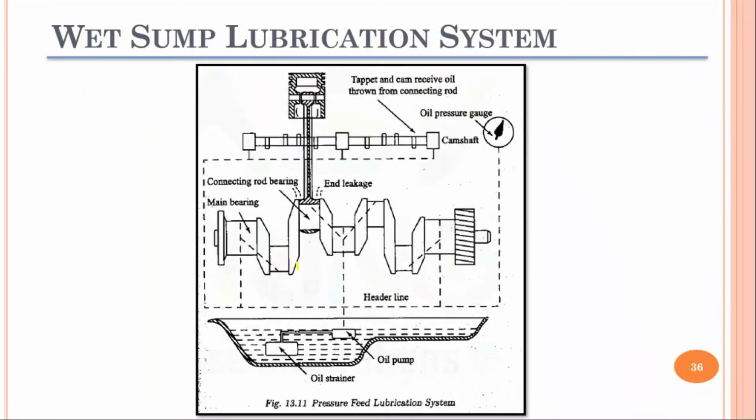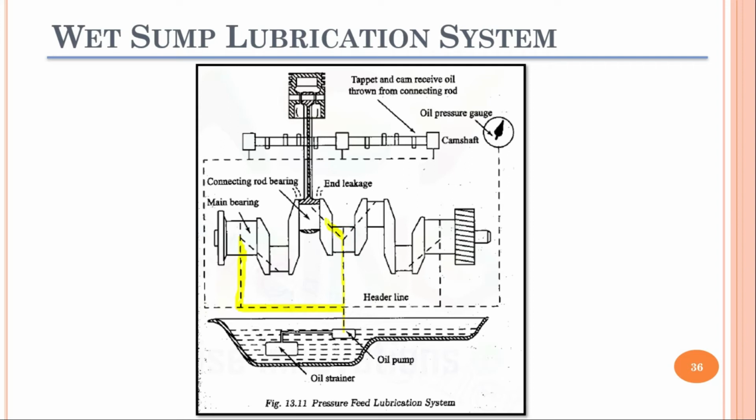Now here you can see from the figure that this oil pump is supplying the lubricating oil to the main bearings of the crankshaft, and not only the main bearings of the crankshaft, but also here you